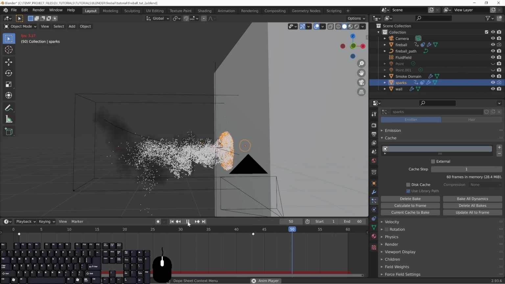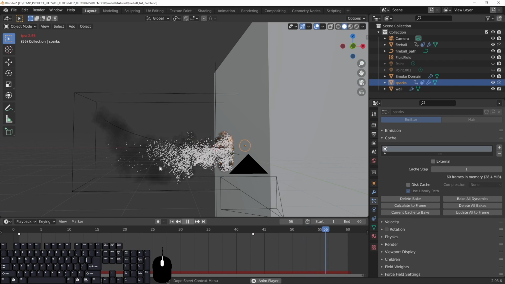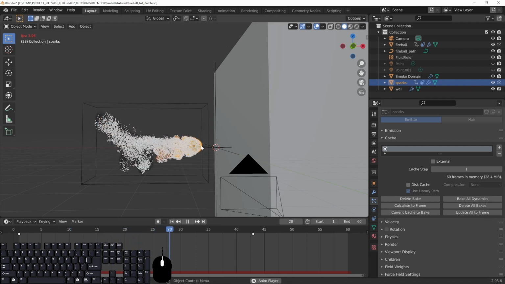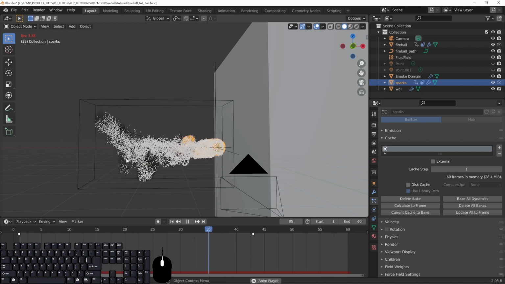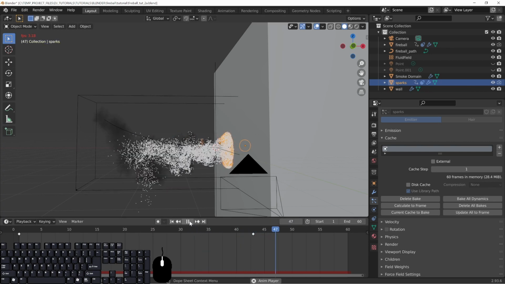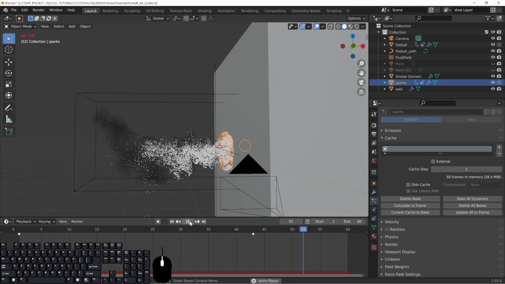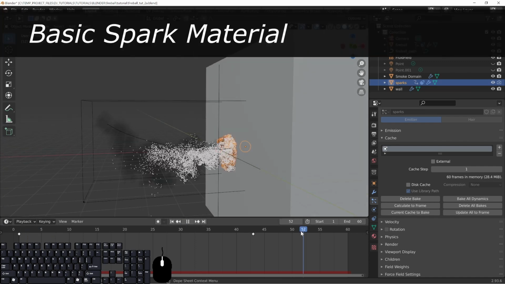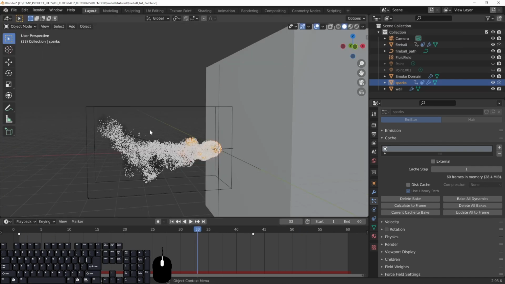So depending on what you want, what you're looking to do with this, and how much RAM your computer has, you might want to reduce that amount. You might not want to have that many. It's really dependent on what you want the simulation to look like. But this is where it's going to be at the moment. And I'm going to now show you what it will look like when we start to add our materials. So let's go to a good frame, something like this one right here,